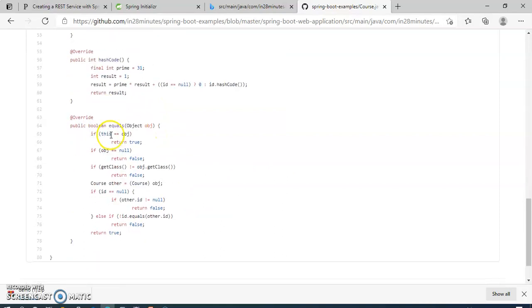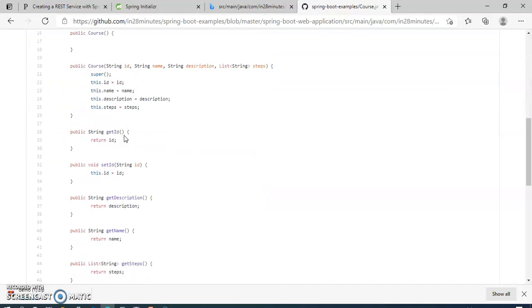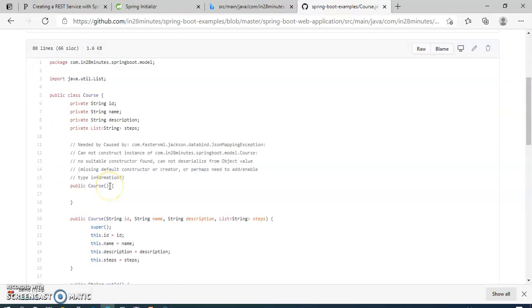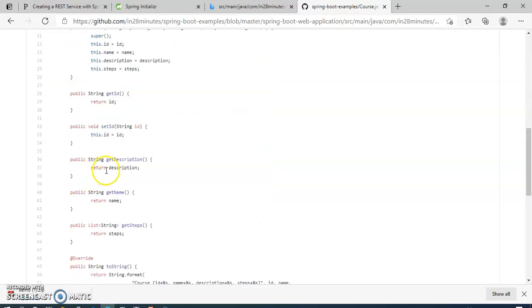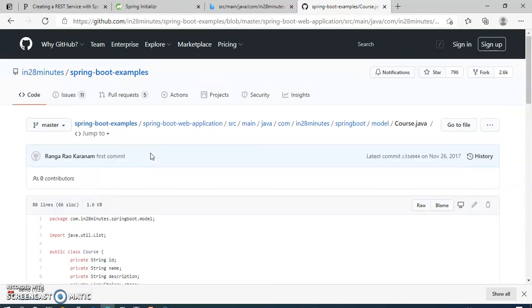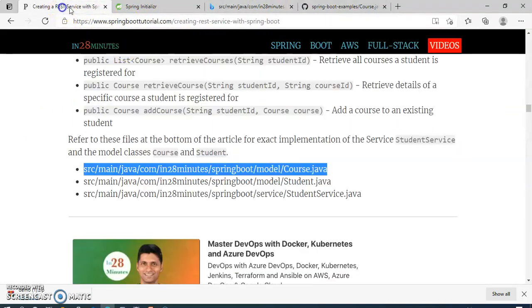And as we have added all the variables, after that we have to create setters and getters. After creating the setters and getters, you can see here we have setId and getDescription. All of these you have here. In this we have how we can set and get the list of courses, and then I will show the student also.